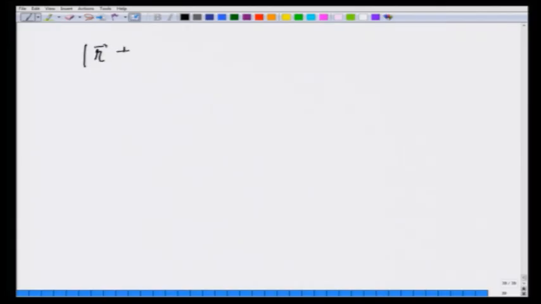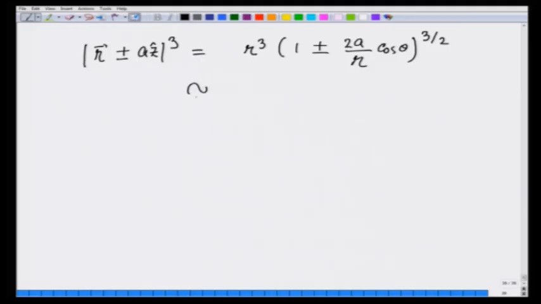Thus we can write modulus of r plus or minus a z cubed as r cubed, 1 plus or minus 2 a over r cosine theta, raised to 3/2, which by binomial theorem is r cubed, 1 plus or minus 3 a over r cos theta. And therefore, the field due to this dipole